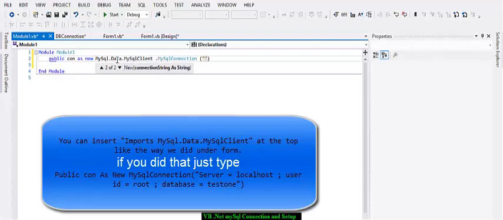You open your bracket, and inside this bracket, you type server, inside the double quote, server equals to